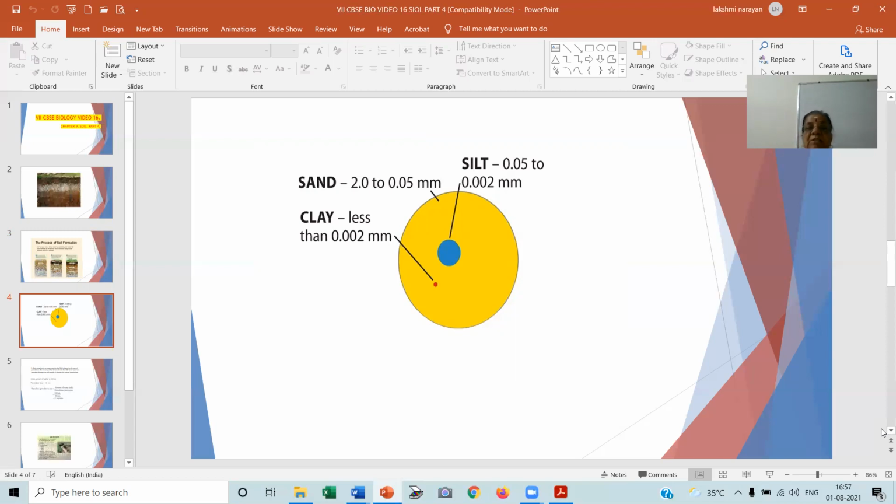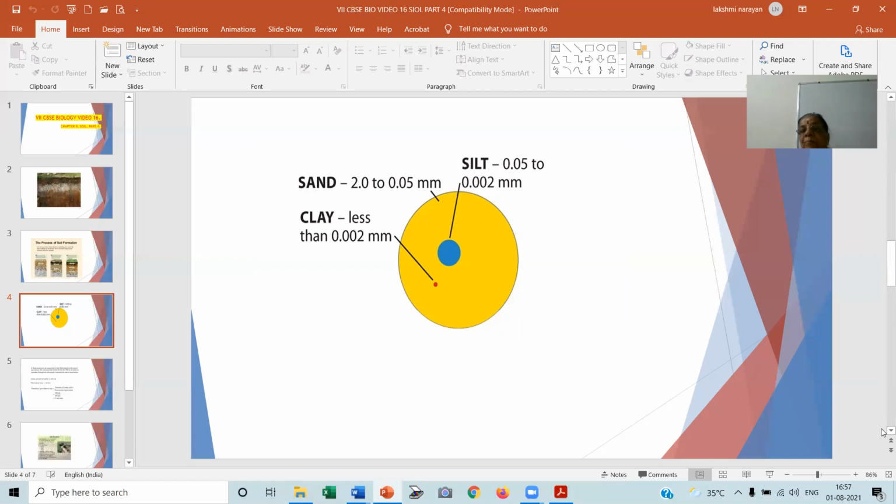The size of the soil particles in sand is 2 to 0.05 mm. The yellow color is the sandy soil. Whereas clay soil is less than